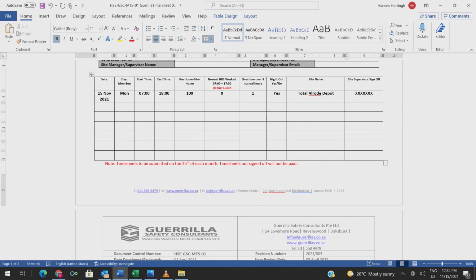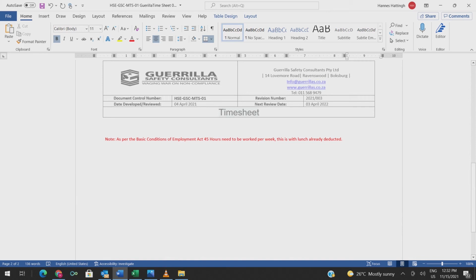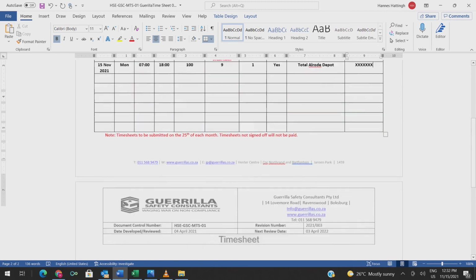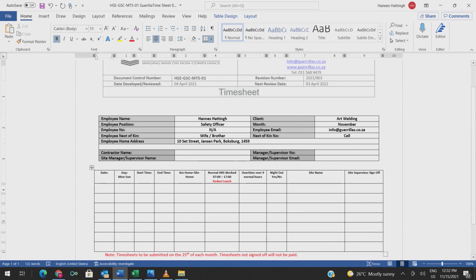You need to ensure that it's in on the 25th, and then on the last working day of the month, we normally do our payments. So once again, I just mentioned here, as per the Basic Conditions of Employment Act, you need to work 45 hours a week, and then you need to deduct lunch from those hours. So basically, this is just a brief explanation on how to complete the timesheet, how to complete it correctly,